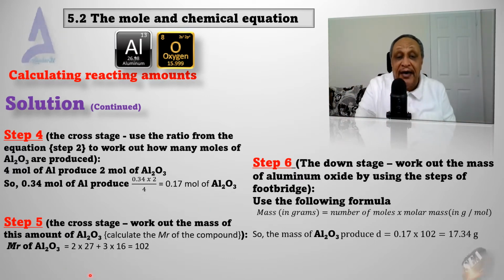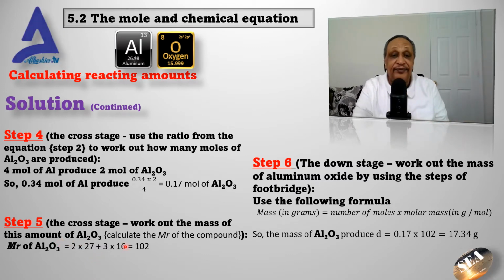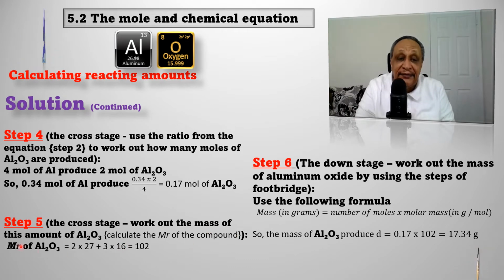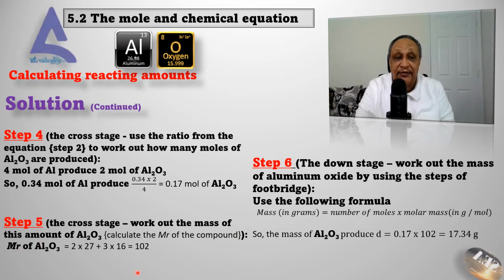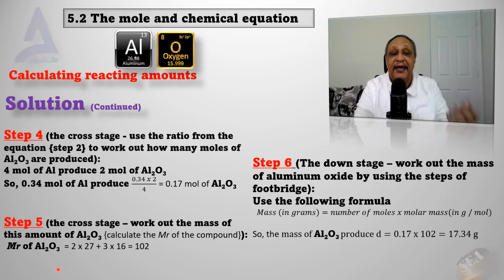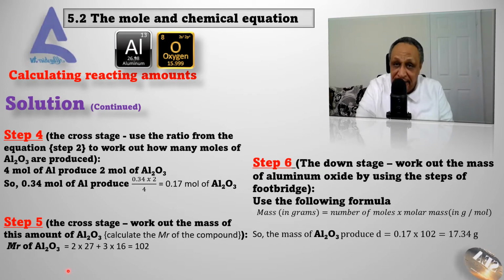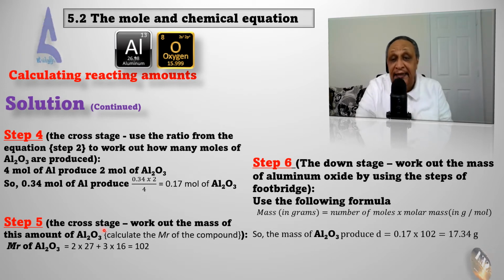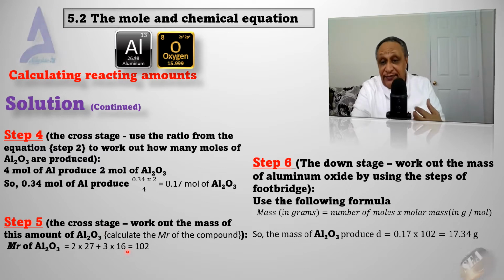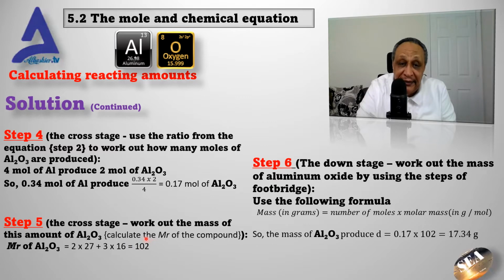In step 5, which is the cross stage again, work out the mass of this amount. Now I have the number of moles of aluminum oxide. Now I'm going to bring out how many grams are in it, because in the question he wants the mass. So it's going to be like this. We are going to calculate the